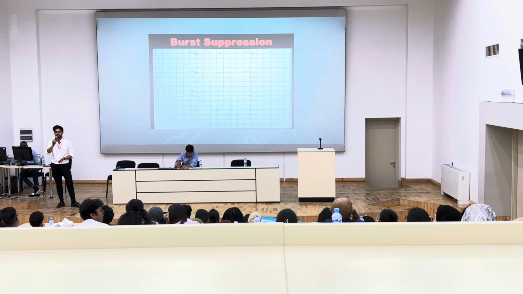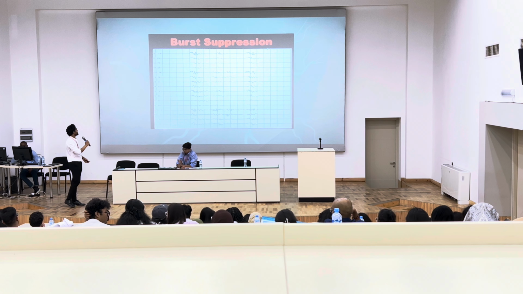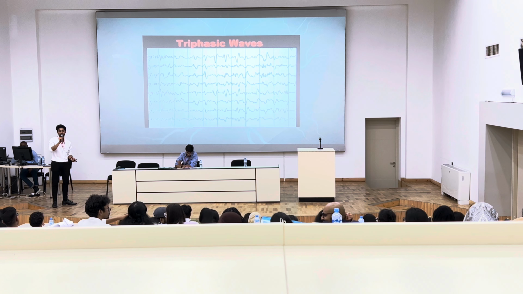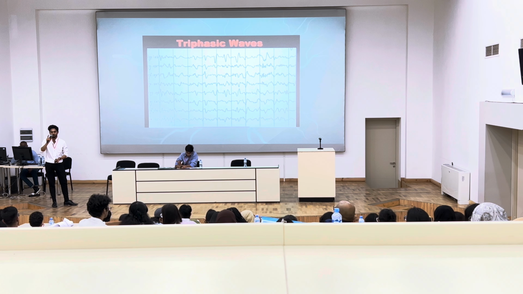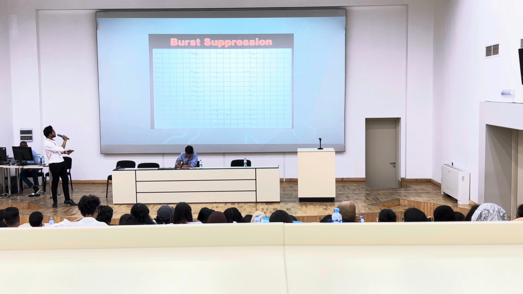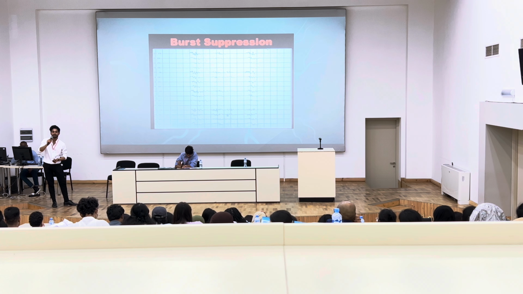I think it should make sense. If someone's very critically ill, there's not going to be a lot of neuronal firing. He's just almost gone. So this was clear, right? Triphasic waves, you see the up wave, down wave, up wave in metabolic encephalopathy. And you have burst suppression in critically ill patients, cardiac arrest, or any hypoxic injury.